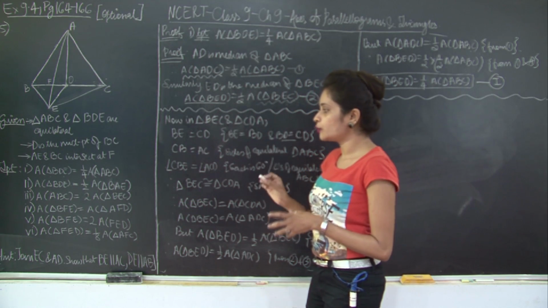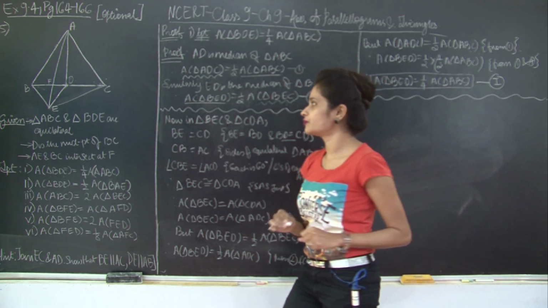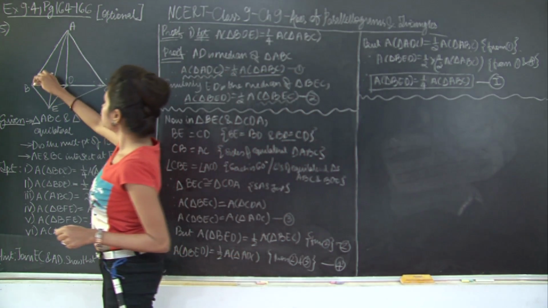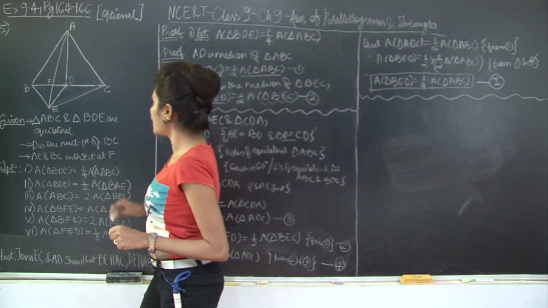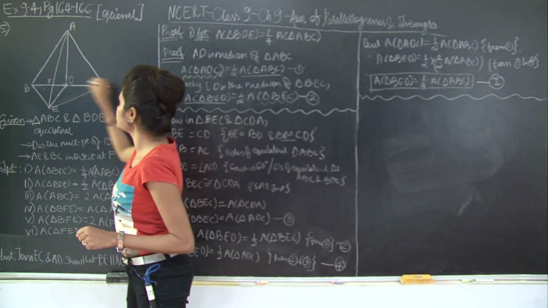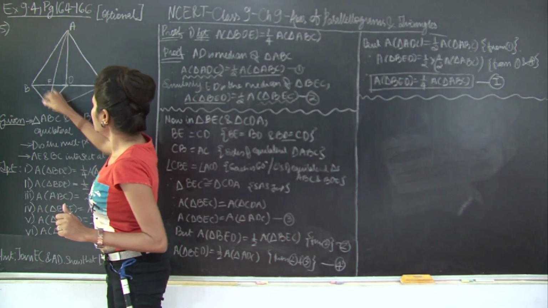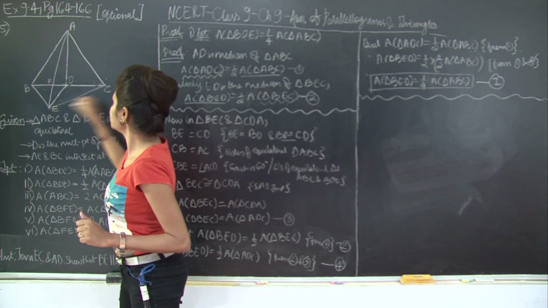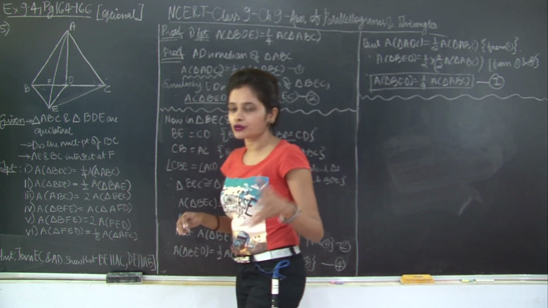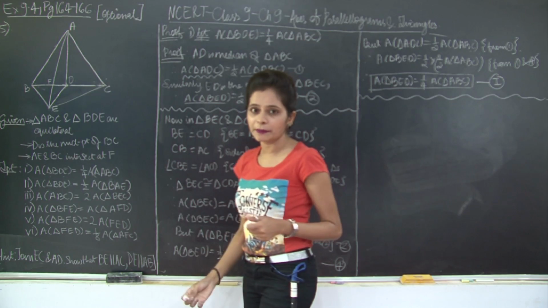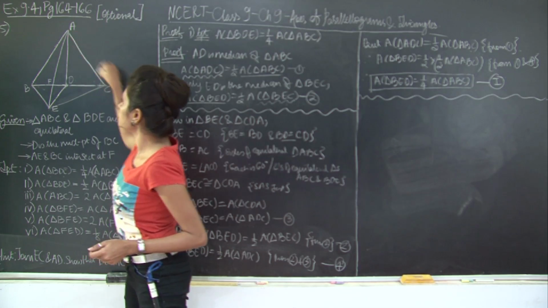So first of all we need to prove two triangles congruent, which are they? BEC and BAE. So how do we prove them congruent? Now first take a look at BAE. So you have your BAE here and you have BEC. So this is your triangle. If you notice these two triangles, again BAE and BEC, they share the same base BE. What we need to show in order to prove that the two triangles are congruent, they share the common base and they lie between the same parallels or common parallels. We need to show that BE is parallel to AC.